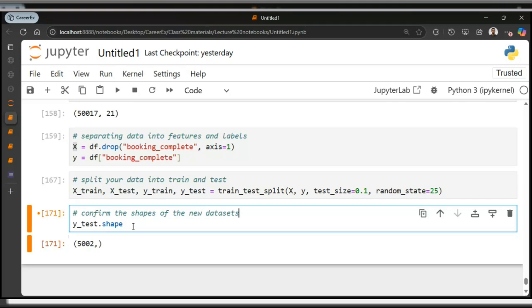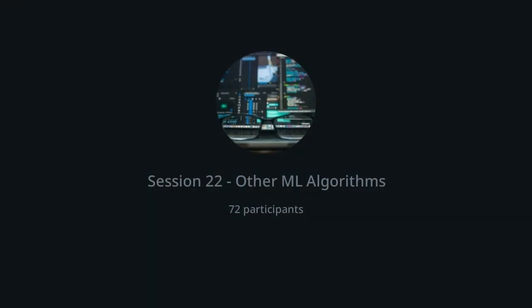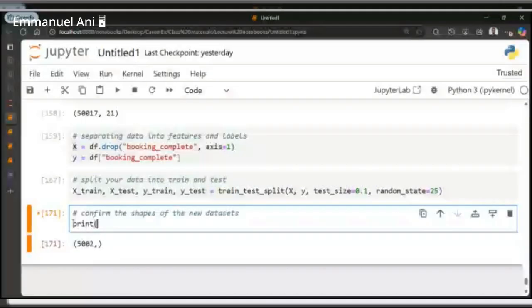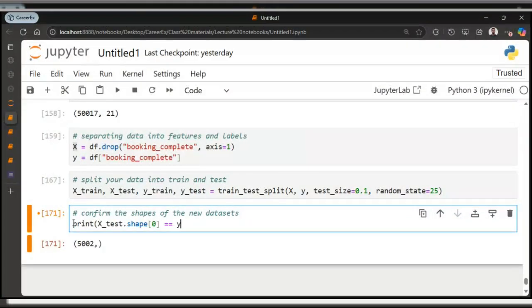You can print X test dot shape 0 equals y test dot shape 0.